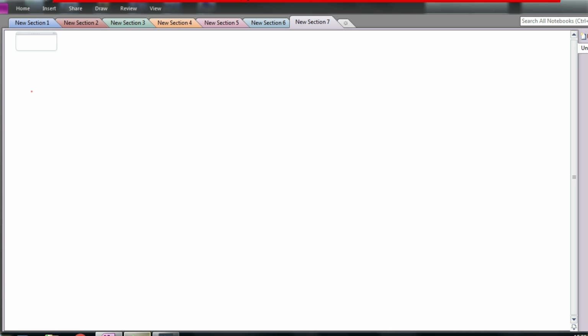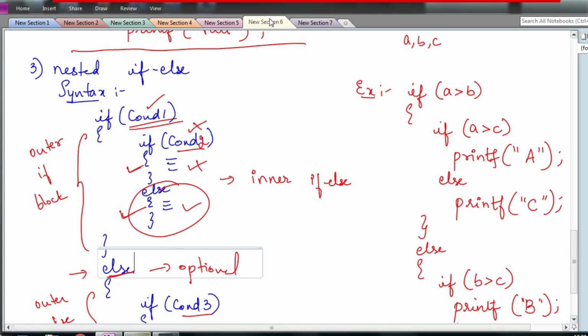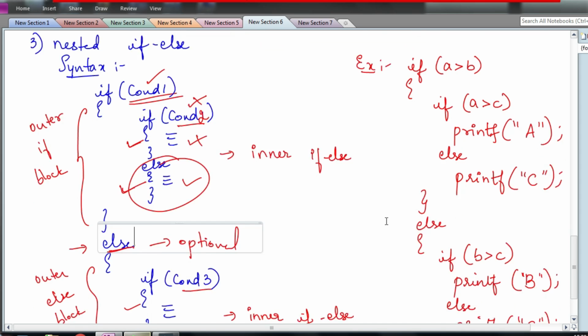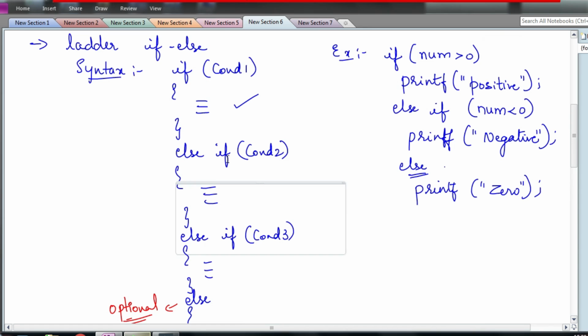So the next one that we have is the switch statement. Now switch statement is also very similar to our ladder if else. So what is ladder if else? We have so many conditions, we have just stacked up the conditions in ladder if else.